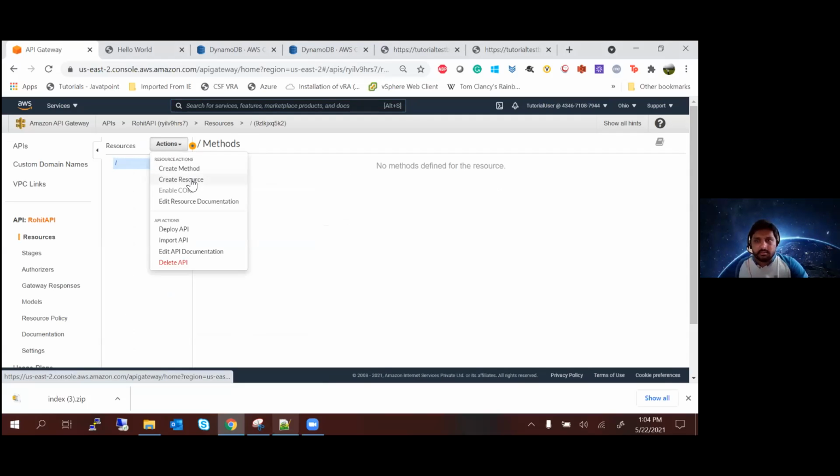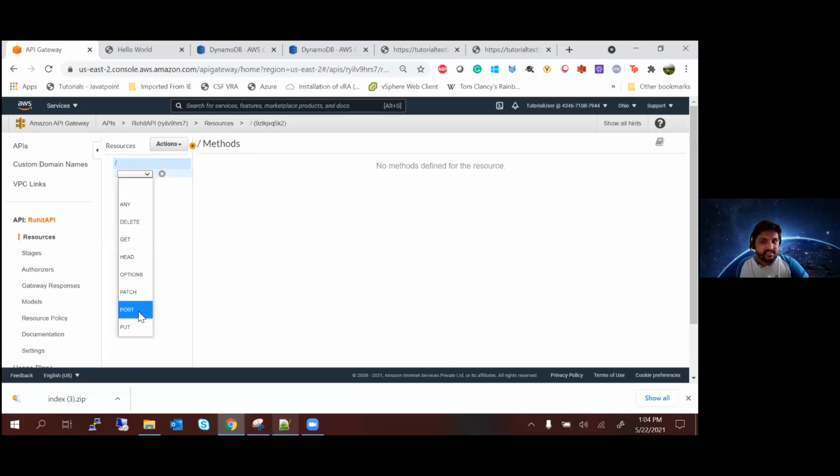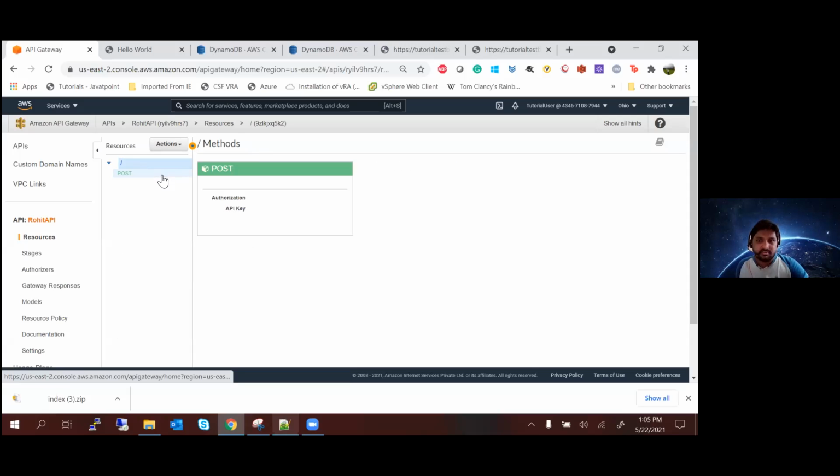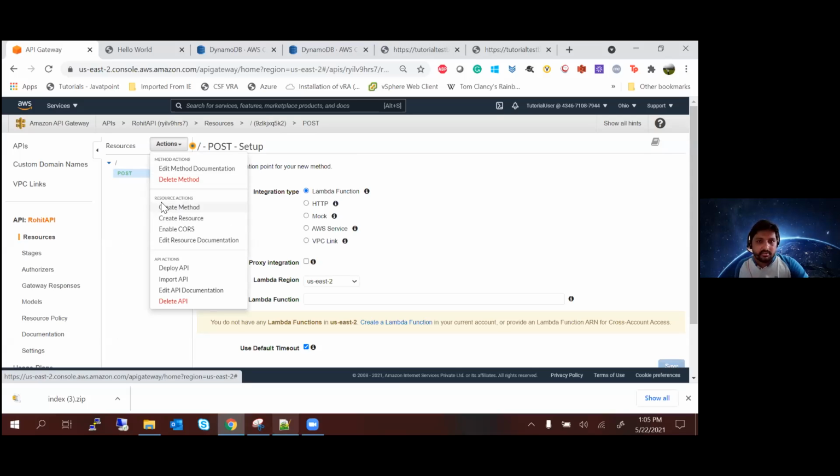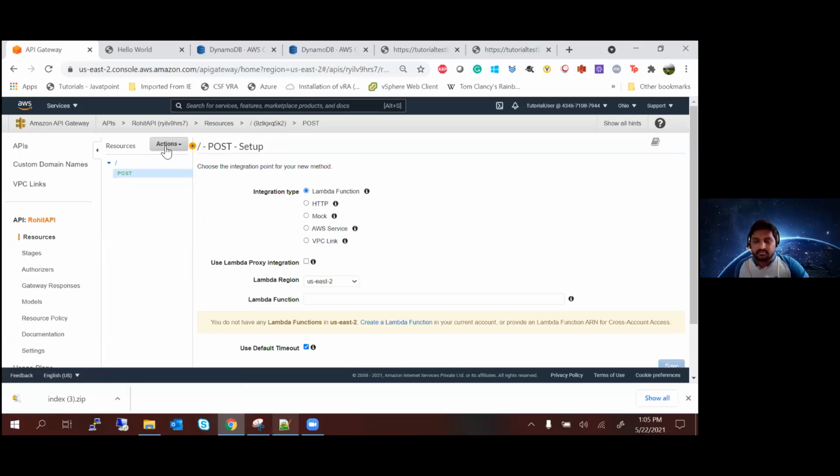So here what you're going to do is create method, and the method you will select as post, and you'll see this checkbox just beside the post. So what we did is we did action, we did create method, we selected post, and we set a small checkbox.